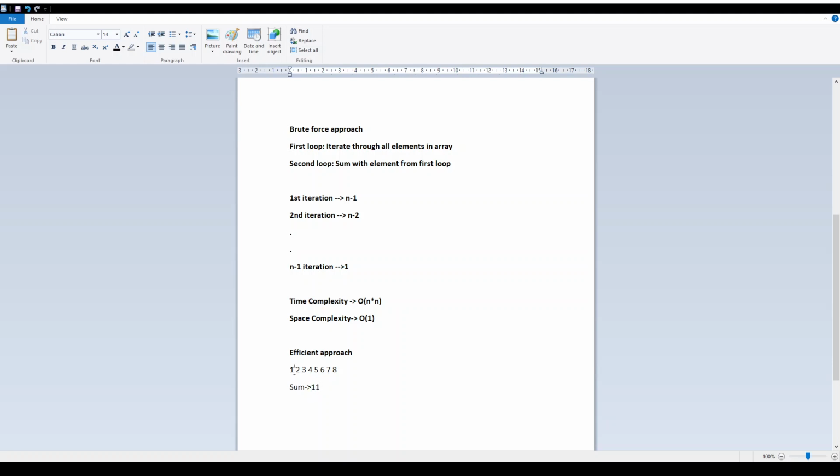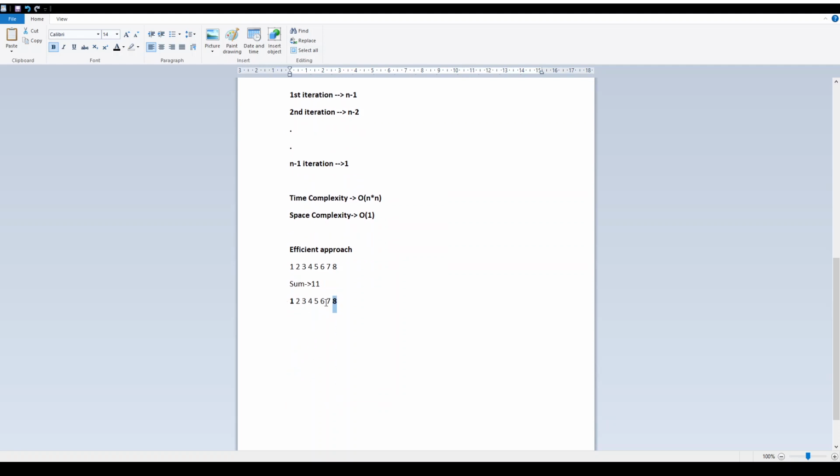Okay, let's see. Suppose 1 and 8. The sum required is 11, and for 1 and 8 the sum is 9.